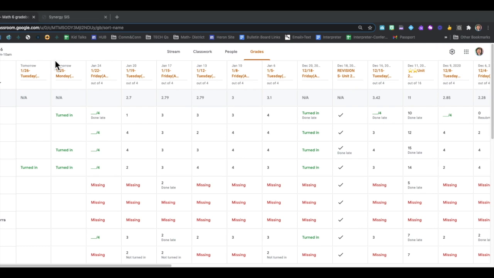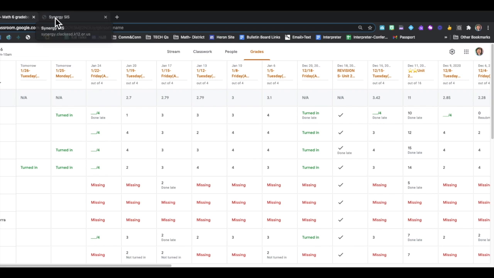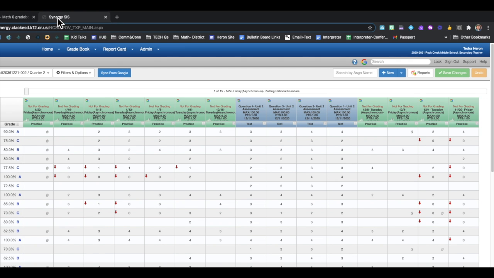Here's an example of how to connect your Google Classroom to your Synergy grades where you are still giving them assignments, but then when they look in student view or parent view, the assignments don't show up as part of their grade. So I have my Synergy and my Google Classroom connected, and that's why you see the rainbow G up here. And you can see here the blue assignment or my test questions are actually not connected to